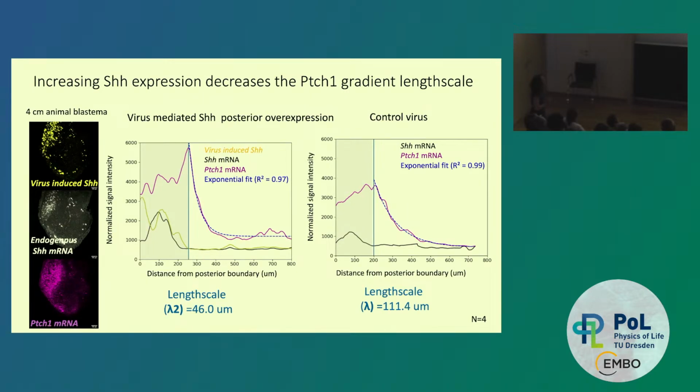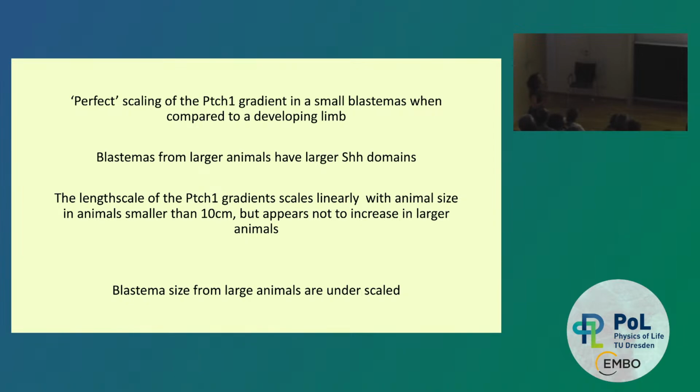And there, when he does that, if you compare the normal with the boosted sonic hedgehog, then indeed he can see a shorter length scale when he has increased sonic hedgehog expression. So that means to us that you cannot really explain a larger length scale in larger animals by the fact that you have a bigger or more sonic hedgehog